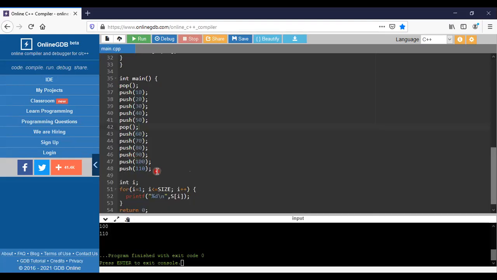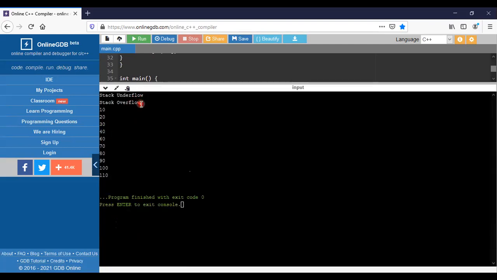If we want to insert a value after this one, push of 120. Run the program. See here, an overflow has occurred, and it is not allowing us to insert 120, because the values you have been inserting have been 10 only.